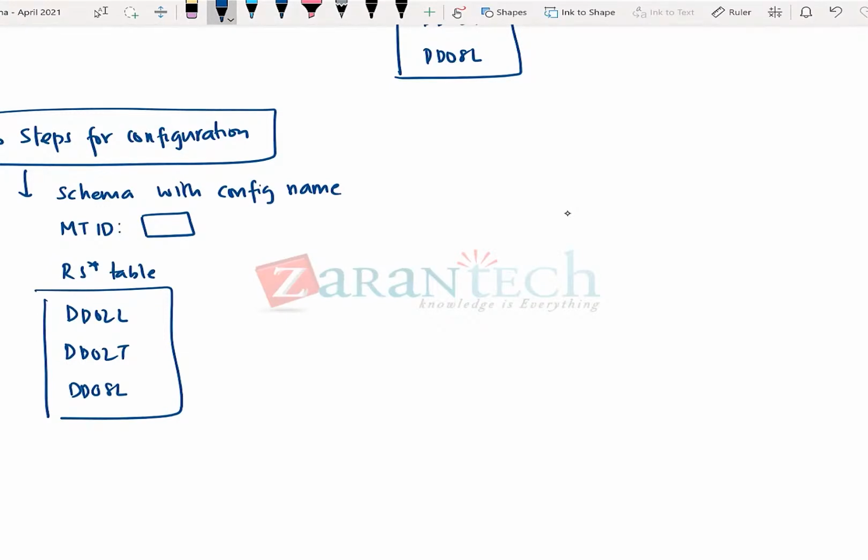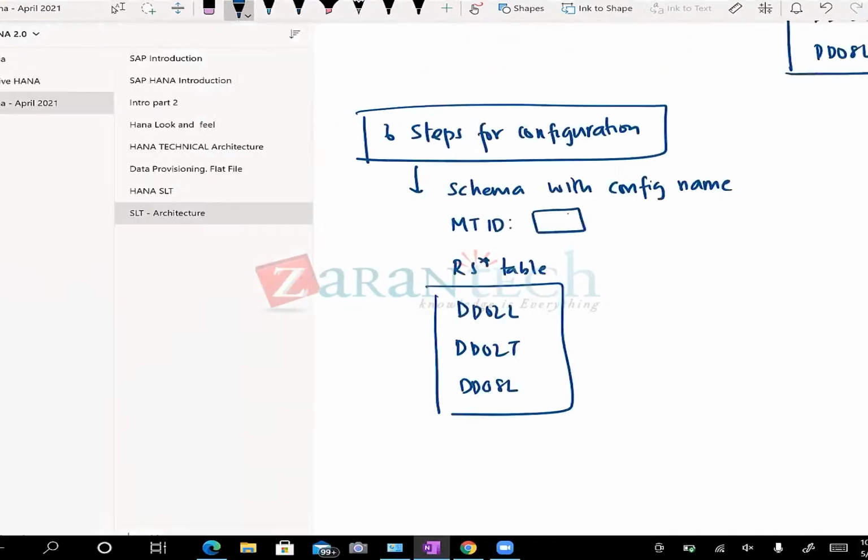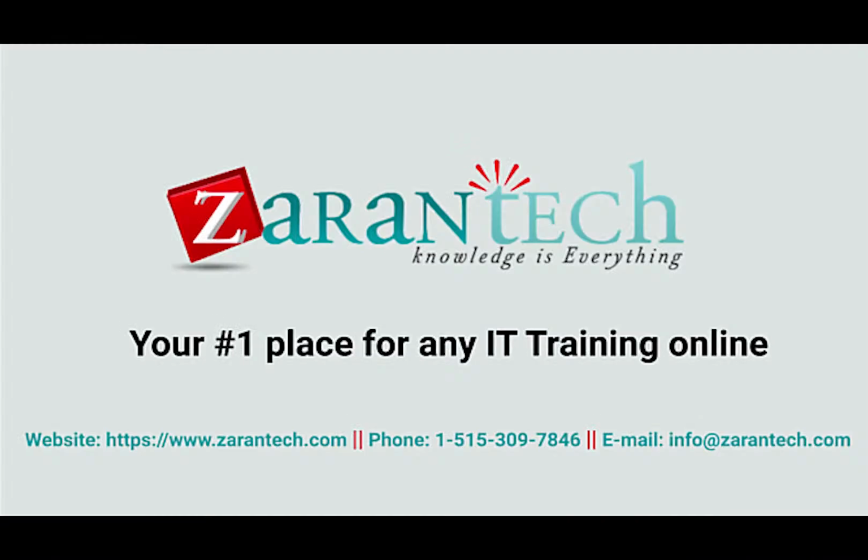Before I stop today's session, let me go into the system and show you that SLT configuration screen once more. Now that you have an understanding of what we are talking about, it might